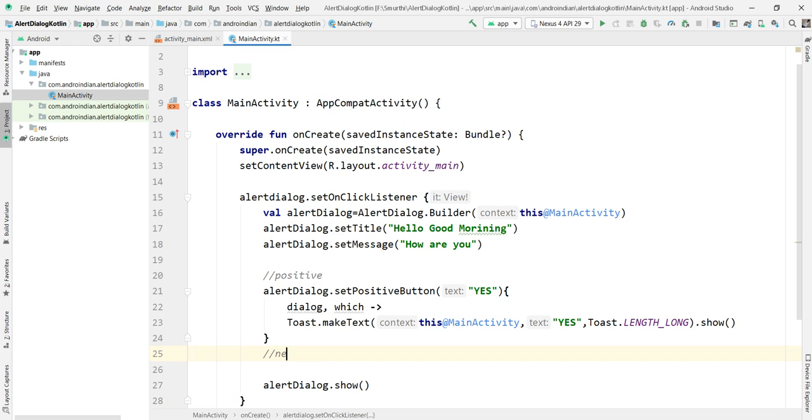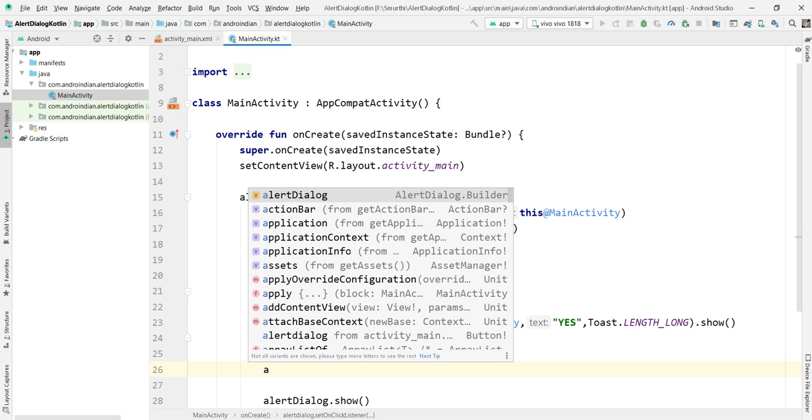After the negative button, we'll write another button, the neutral button. Already we know that in a predefined dialog, at maximum we can write only three buttons and two texts. That we are doing here.